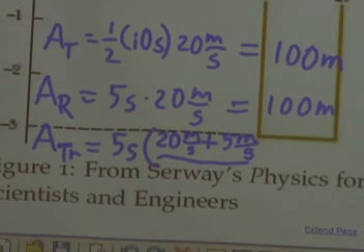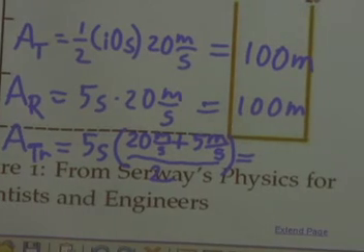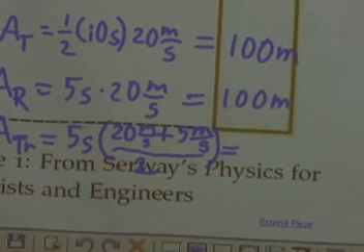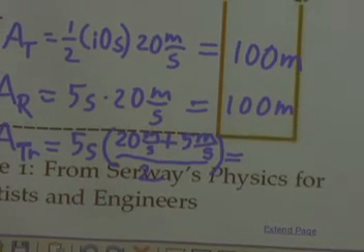That's why this is a trapezoid. Divide that by 2. Okay? So that the average of 20 and 5, 25 divided by 2 would be 12.5 times the 5. And so that one we may need to double check with the calculator to get it exact. 12.5, 62.5